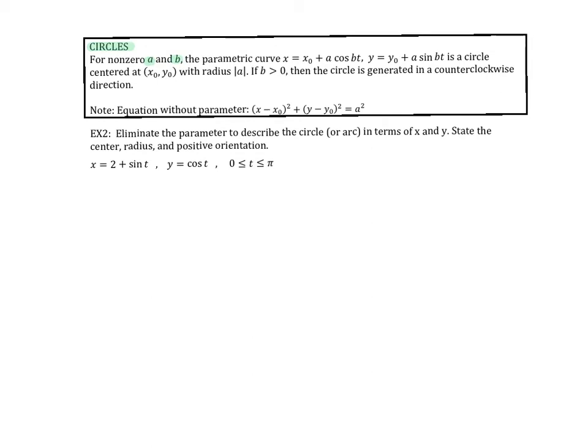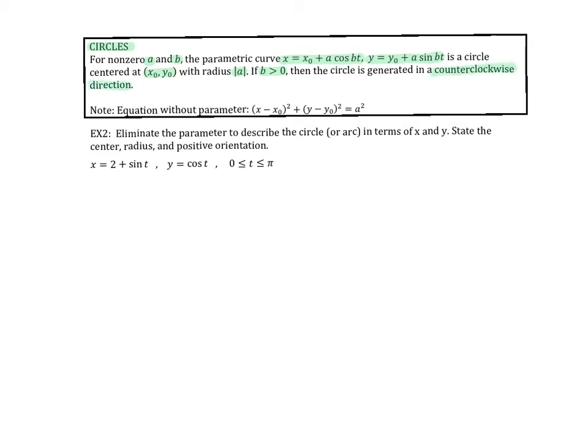So one way we can describe a circle is with x equal to x sub 0 plus a cosine of bt, y equal to y sub 0 plus a sine of bt. So this is one way, not the only way, one way we can describe a circle where the center is going to be x sub 0, y sub 0, and the radius will be the absolute value of a. If it turns out that the b value is positive, then this circle is going to be generated in a